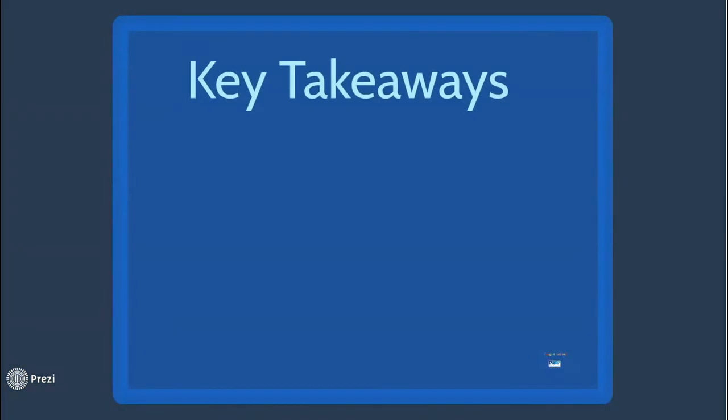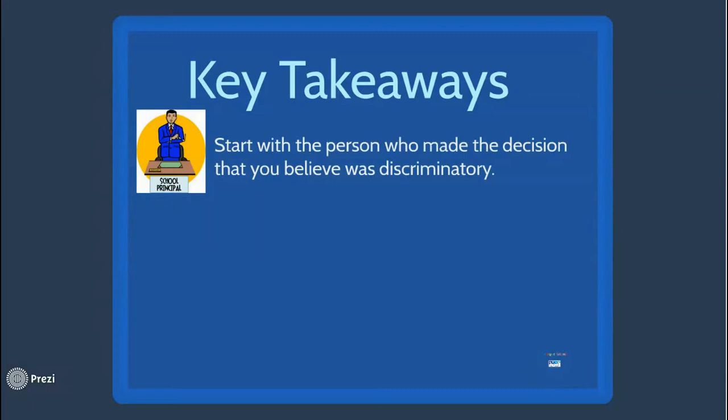The key takeaways from Section 3, resolving discrimination issues, are go straight to the source. Start with a person who made the decision that you believe was discriminatory. This person is usually the school principal, but it may be appropriate to begin by speaking with your child's teachers in some cases. It's also important to bring up the topics of race and discrimination if you believe that your child might be facing an issue of discrimination,